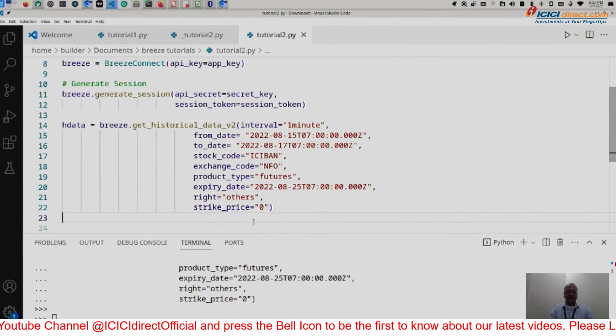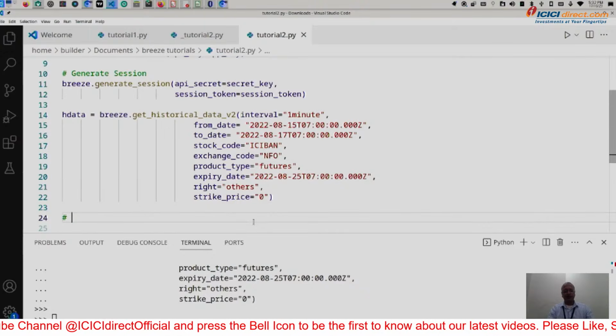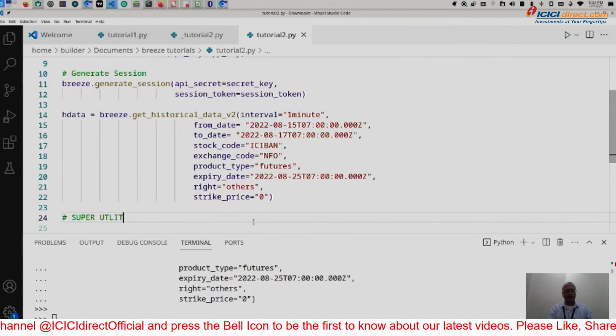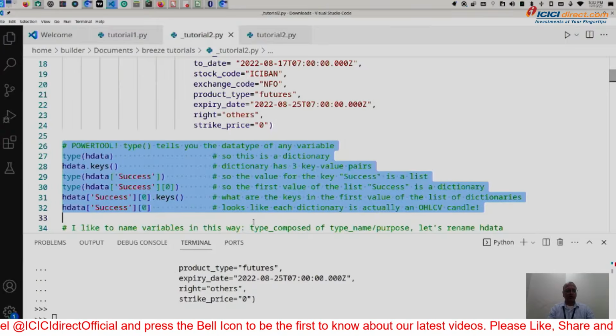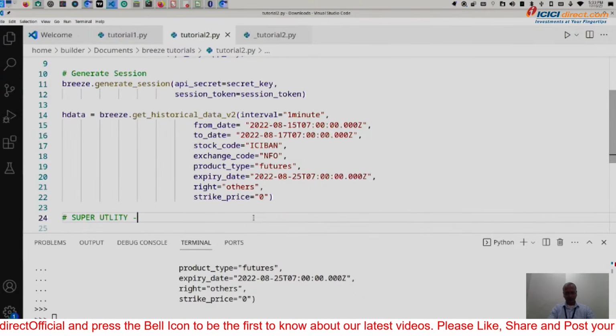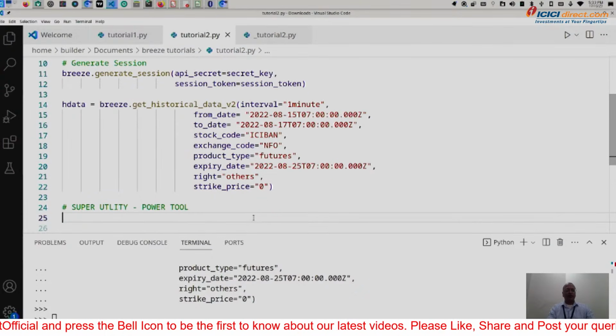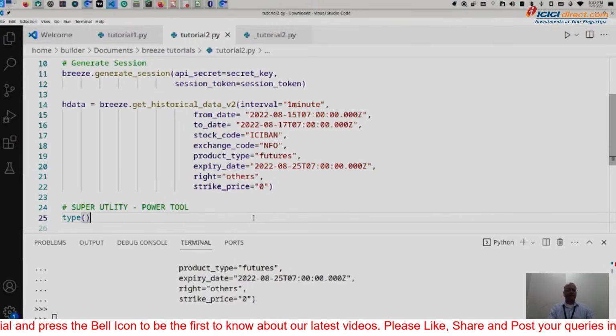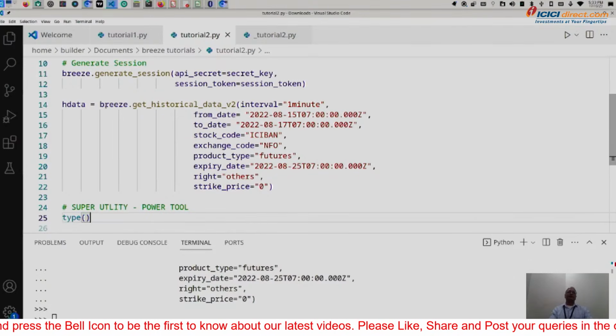There's a utility, I would call it, right? So it's a super utility or whatever, I don't know what I called it in my notes. I call it a power tool. So there's a power tool available called simply type. So you see here,